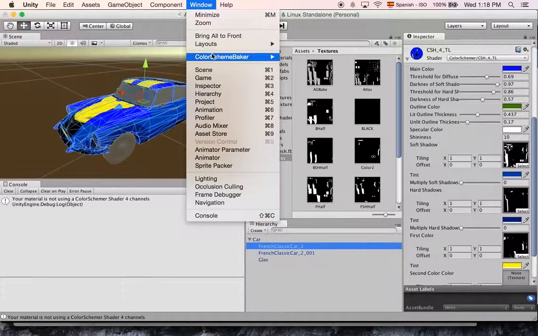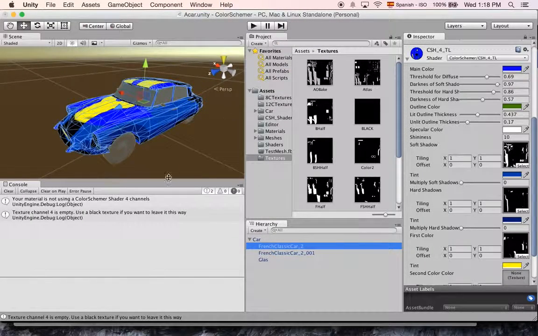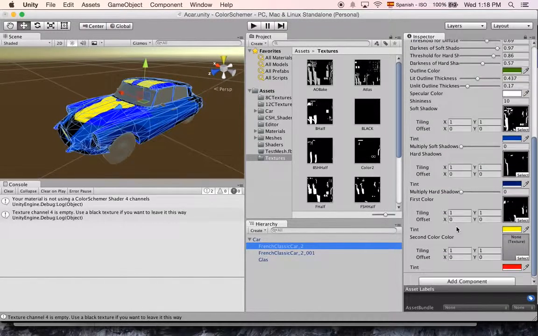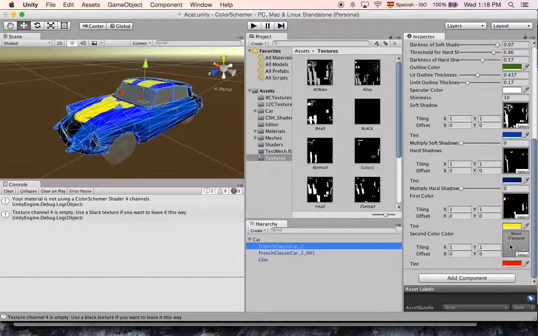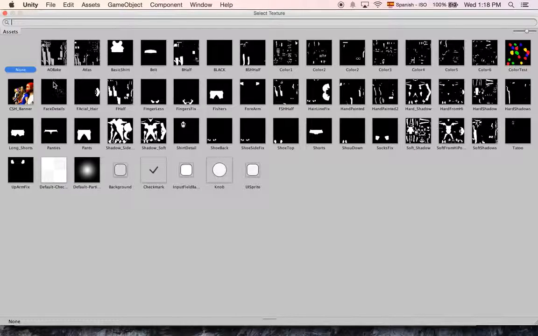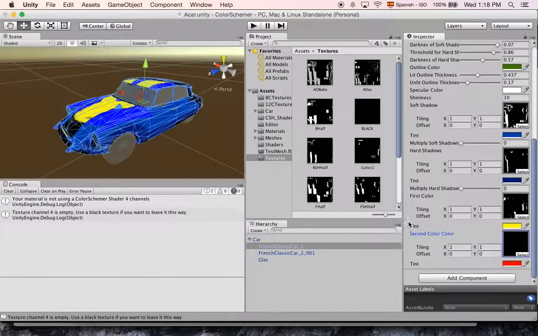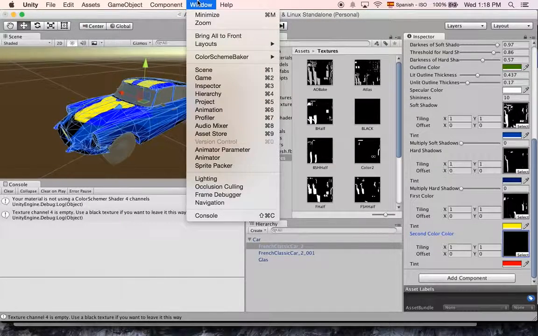Now, when I try to bake it, it says texture channel 4 is empty. Use black texture if you want to leave it this way. That means that you cannot leave an empty slot, and if you want to preserve the look and not add anything else, you would simply add a completely black texture. Now, if I try to bake it,